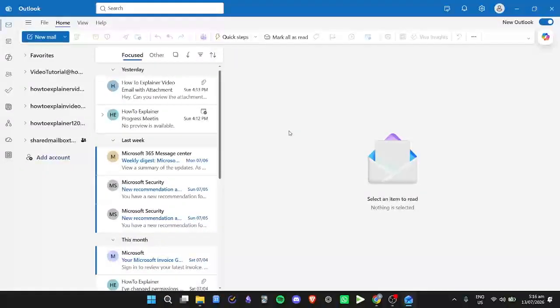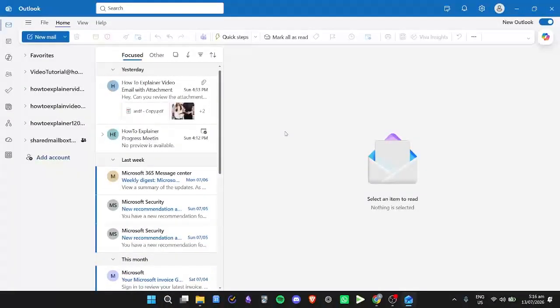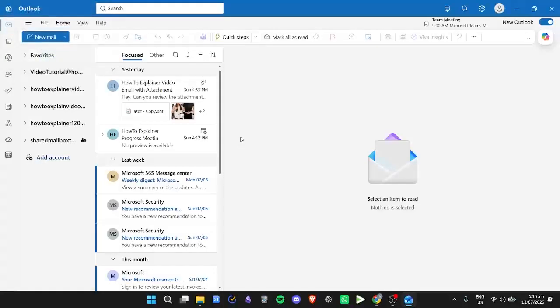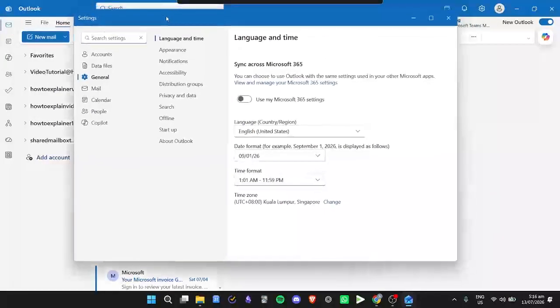In today's video, I'm going to show you how to open a PST file in Outlook. So here I am in the new Outlook application. From here, if you want to open a PST file, what you can do is go to